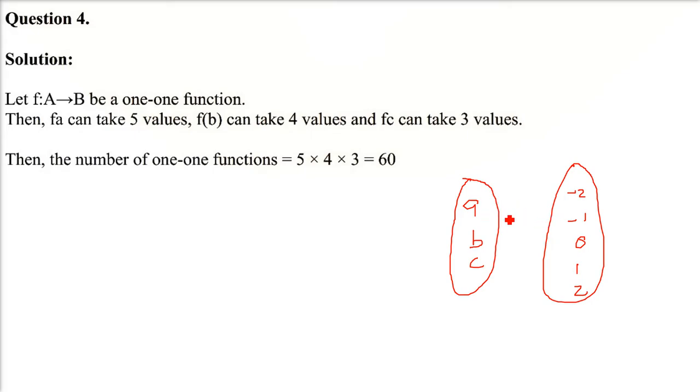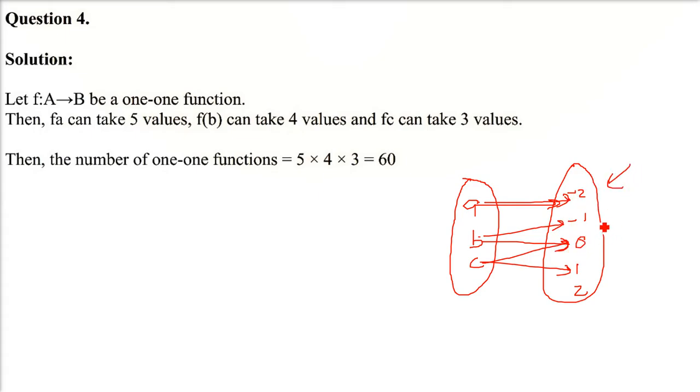Okay. So first, I'm taking A. This is clear. A to -2, B to -1, C to 0 is 1-to-1. This is how we are going to make it. But we can also map it like this: A to -2, B to 0, and C to 1. But A to -2 is repeated, so we have to remove that. So what do we do?